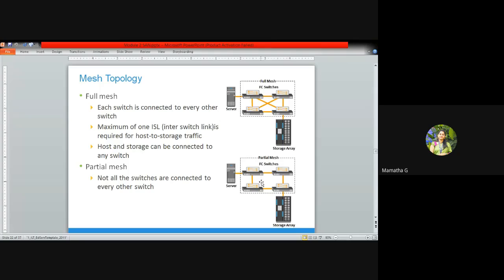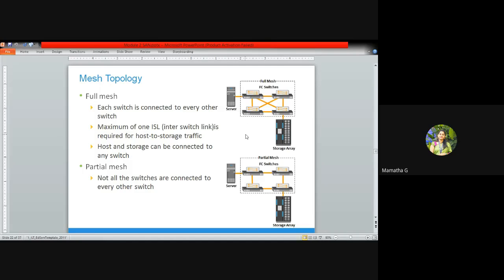And you can see in the same way in partial mesh, you also have FC switches which are connected to the nodes. Nodes are nothing but your servers and storage array. What is the difference between full mesh and partial mesh? You can see both the figures look almost similar.